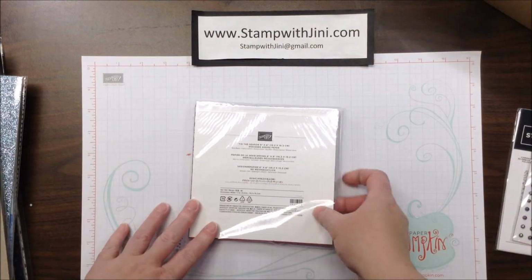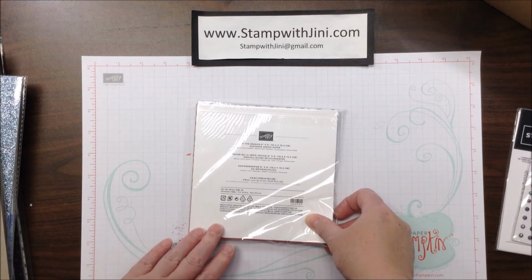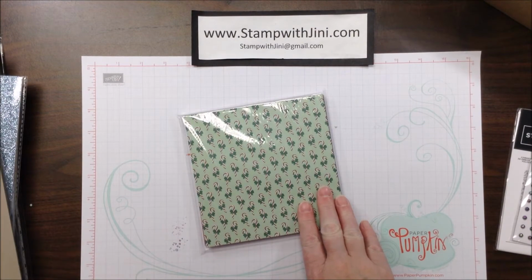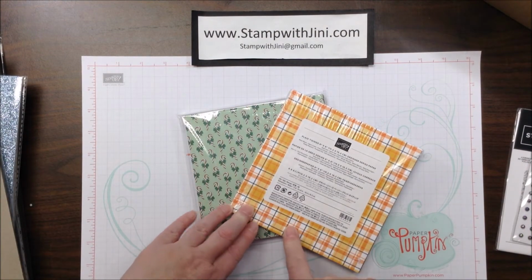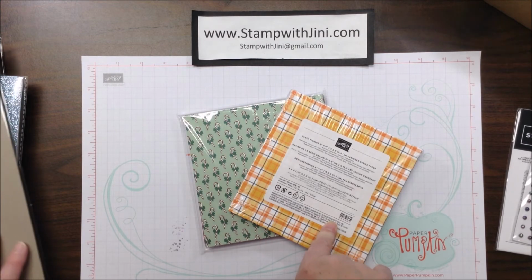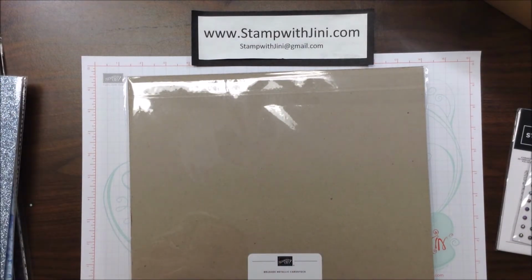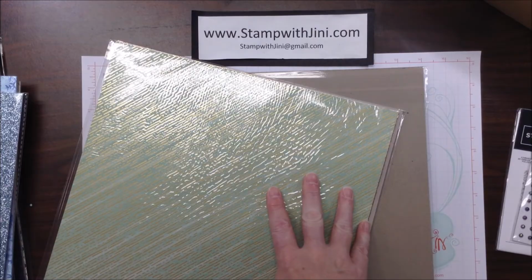And on to our favorite thing, designer series paper. We've got 2 new 6x6 stacks. This one is called 'Tis the Season, and then we also have this wonderful plaid tidings. I just love these patterns for the winter season that takes you through the fall all the way into the new year. We have a beautiful brushed metallic that will work with our Gilded Autumn set of designer series paper,